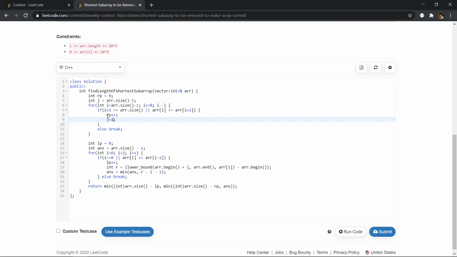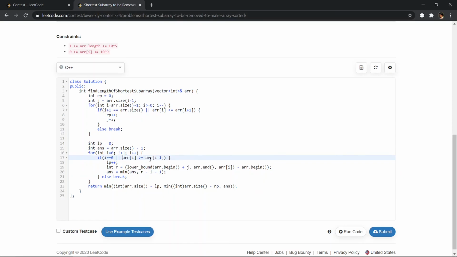Let's denote the last index from which all the elements are sorted in the suffix by J. For all I from 0 to J, we find the first element that is greater than or equal to AI using the function lower bound. When we find the index of that element we remove all the elements in between, and by this condition we make sure that the prefix is also sorted.